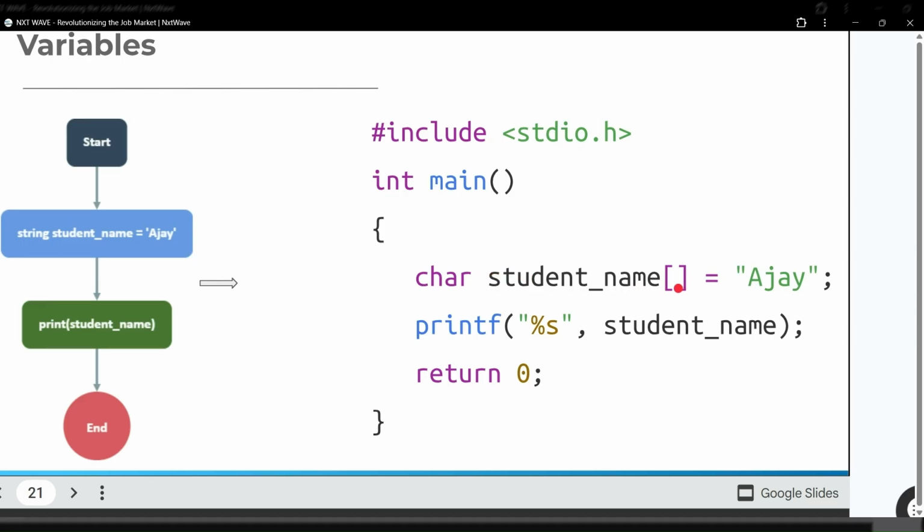In the previous example we did not use this. Okay, and we have declared the value student name open bracket close bracket equals Ajay. It will take the whole string like a list of characters. List of characters means here it is a list. Okay, in the list, a will be one character, j will be one character, and small a